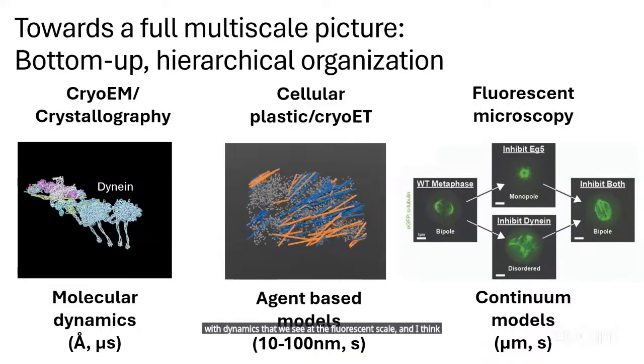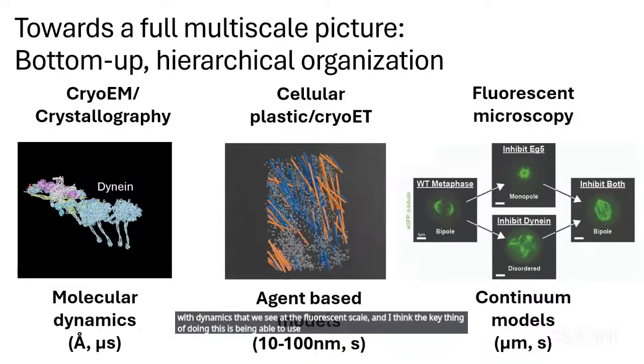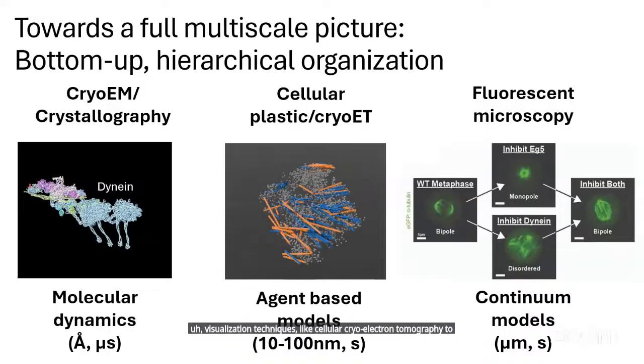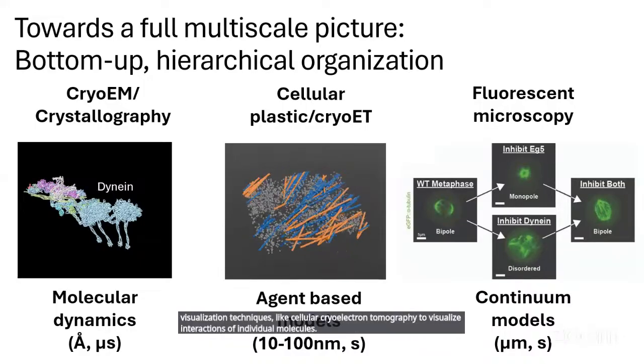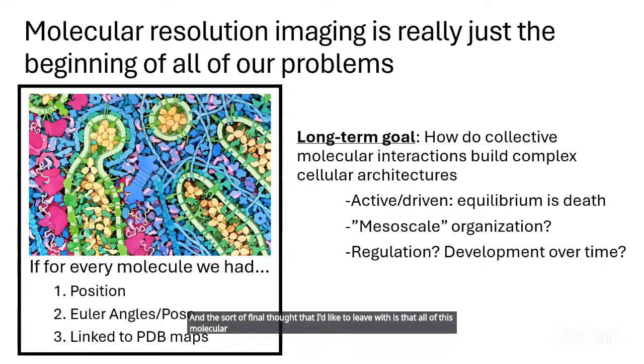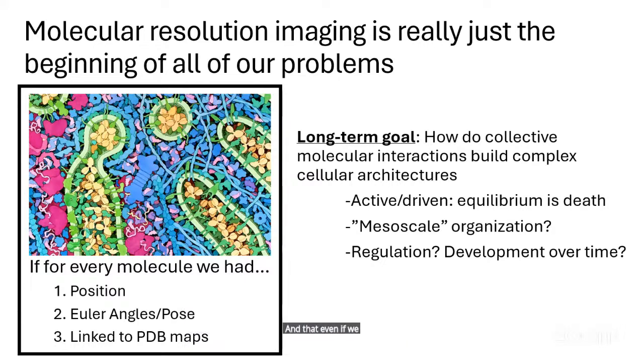And I think the key thing of doing this is being able to use in cellulo visualization techniques like cellular cryo-electron tomography to visualize interactions of individual molecules. And the sort of final thought that I'd like to leave with is that all of this molecular level imaging is really just the beginning of our problems. And that even if we sort of got to the very end of the structural biology field where we knew where every